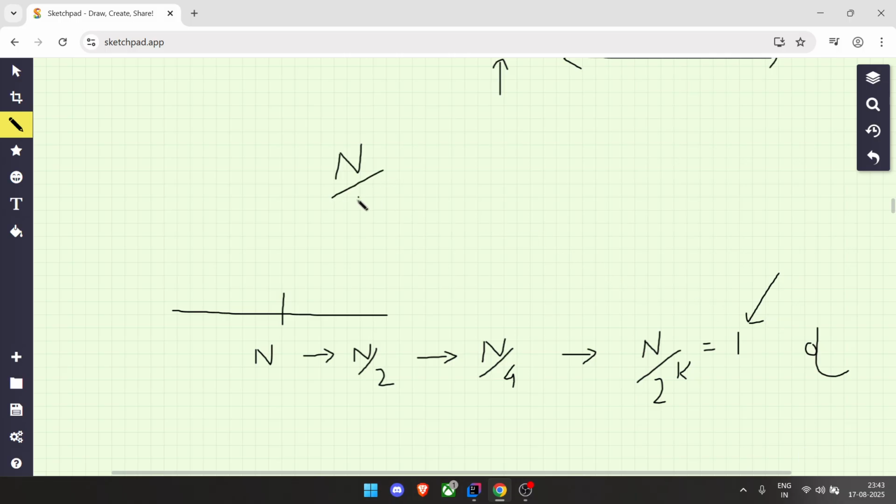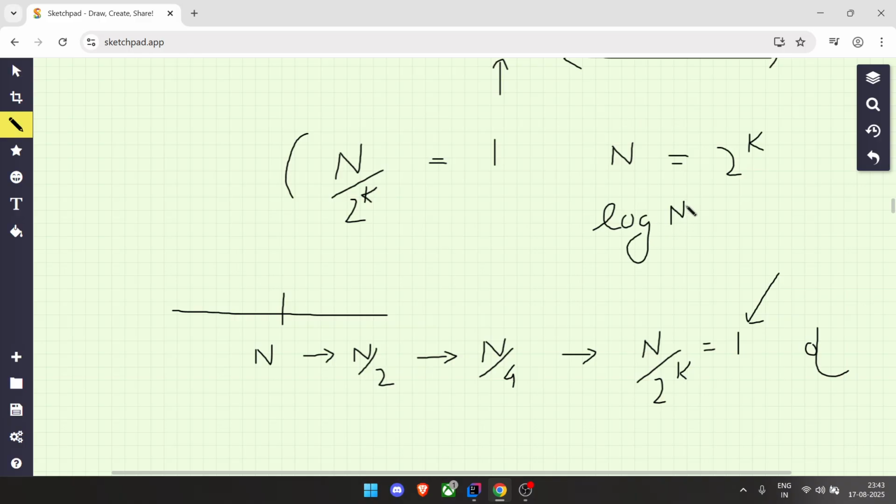In this case, k is the number of times our search has executed, so this is the condition, right? Now you can take 2 power k to this side, and if you do some maths and take log, you will get k is equal to log of n to the base 2,